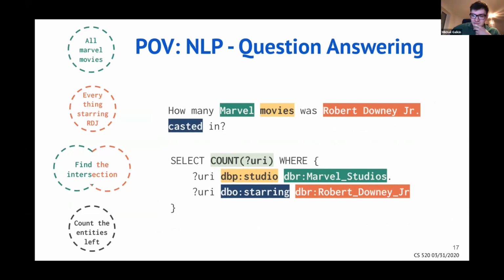The task which kind of requires using both named entity recognition, linking, and some more mechanisms is question answering. And this is question answering over knowledge graphs, when you have background data and you answer questions to it in natural language, like how many Marvel movies was Robert Downey Jr. cast in? And you want to translate this to a SPARQL query. So this is a SPARQL query to DBpedia, for instance. And that's actually